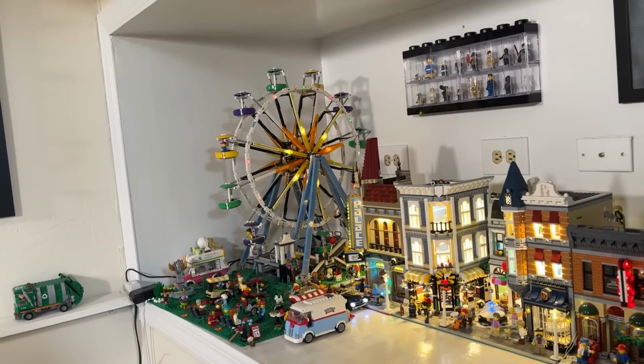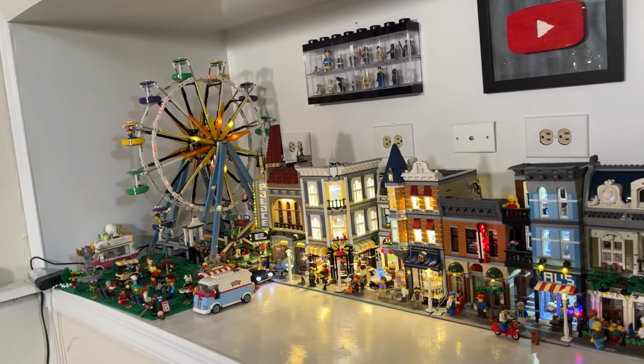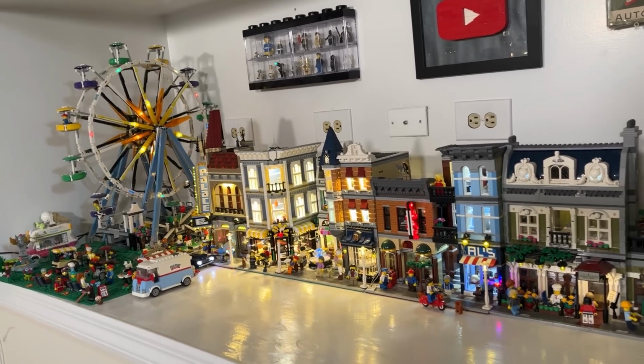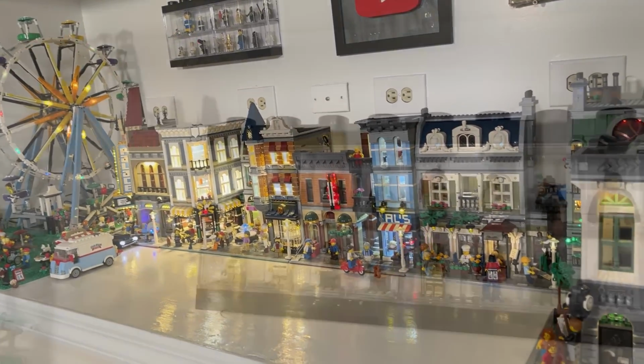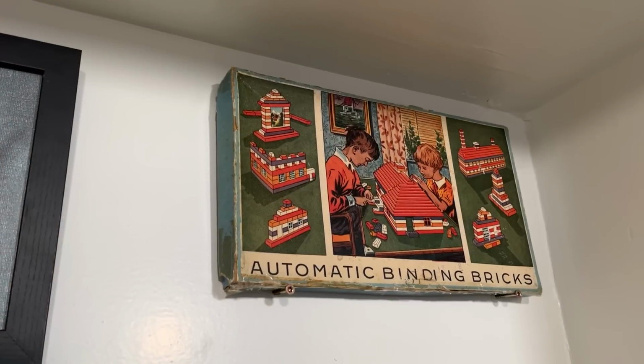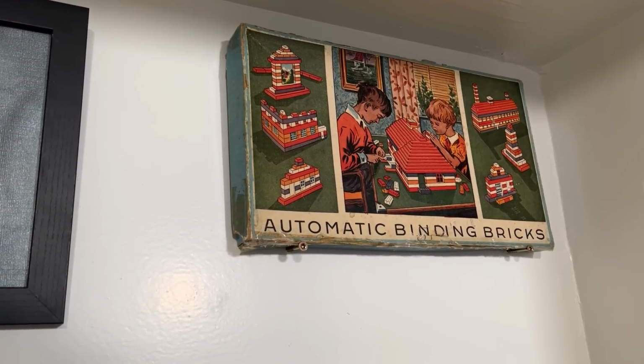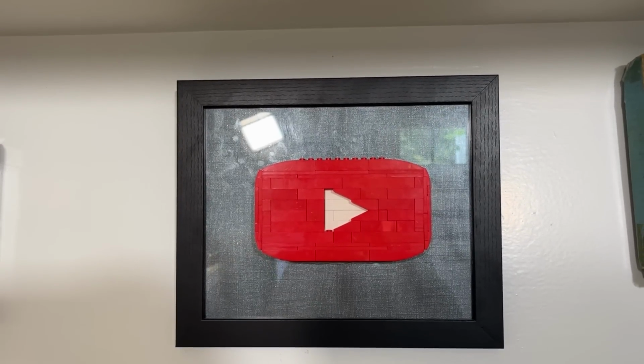Behind me is the second slew of modular buildings, including a Ferris wheel set from a while back, the old Creator Line series. I used to have the Fairground Mixer, but I did sell it. Also in the alcove are some of my historical and rare minifigures, the first ever set of building block toys from the toy company Lego called Automatic Binding Bricks, and my custom-made Lego YouTube plaque back when I hit 3,000